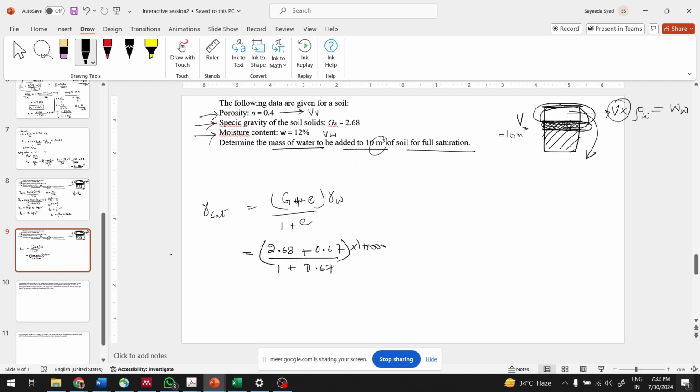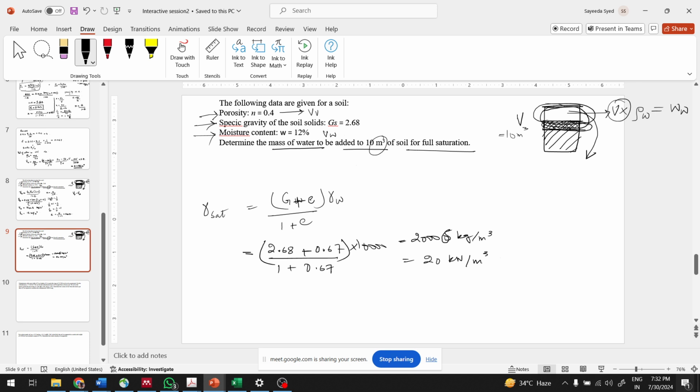This comes out to be 2006 kg per meter cube, which is basically 20 kilonewton per meter cube. Okay,